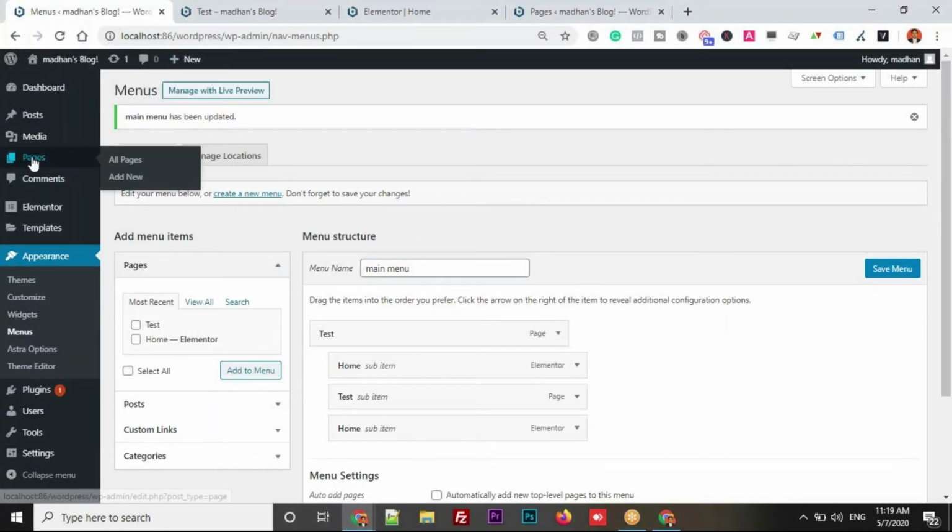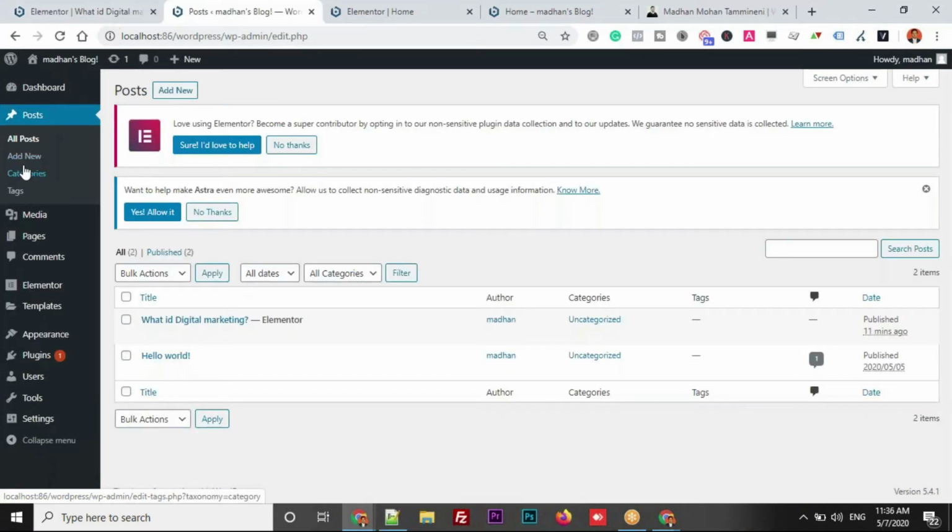Now, so far we have discussed pages. We have one more option here called posts. What is the difference between a page and a post? Simply, a post is something that we use only when we want to add articles onto the website, blog articles. If you write an article and publish it, those articles will go into the posts. Only blog articles should be created as posts. Other than blog articles, the rest of the pages have to be created under pages.